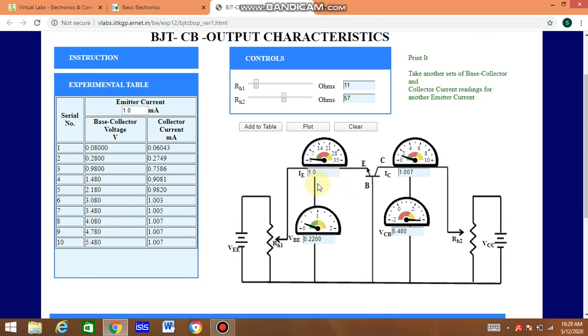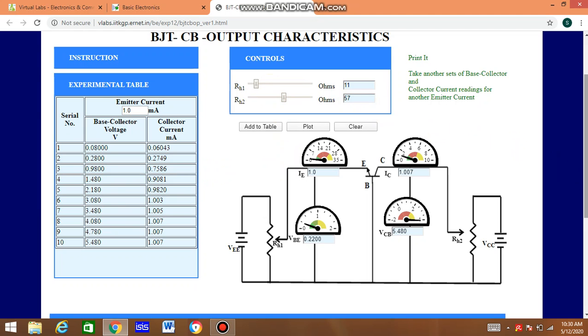But one thing we have to note: for one complete round of taking these readings and obtaining one particular curve, we keep this value of IE constant at a particular value. Then to obtain a different curve for a different set of readings, we change it to some other value.